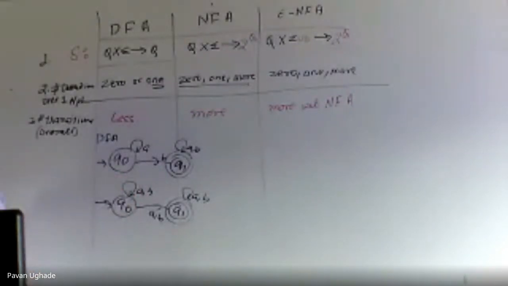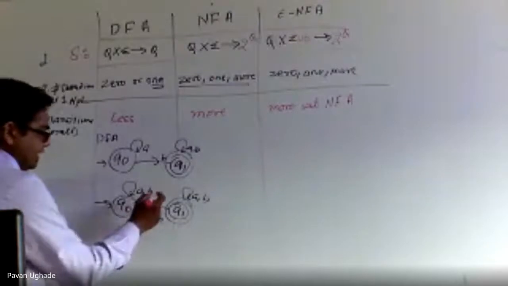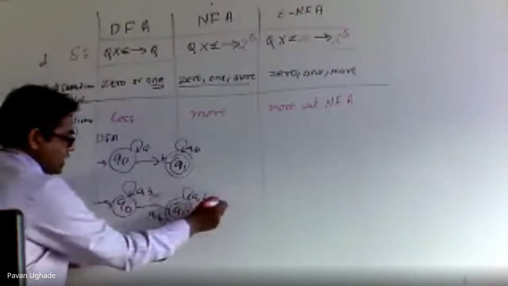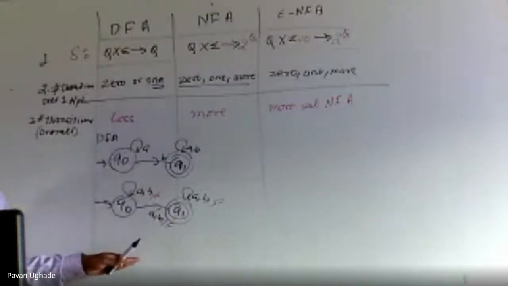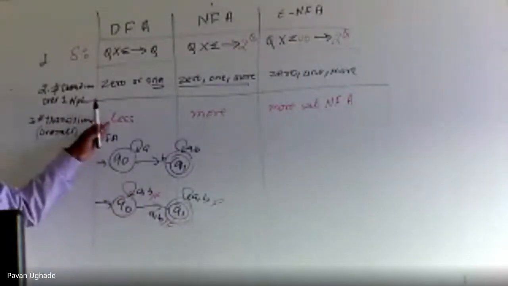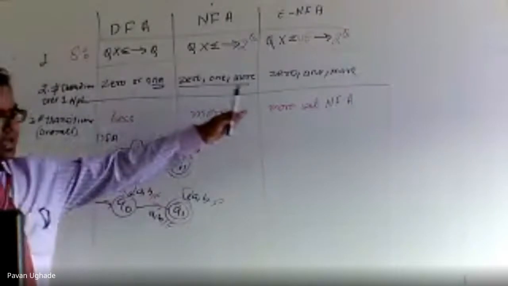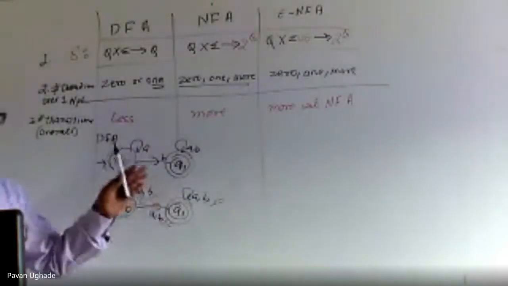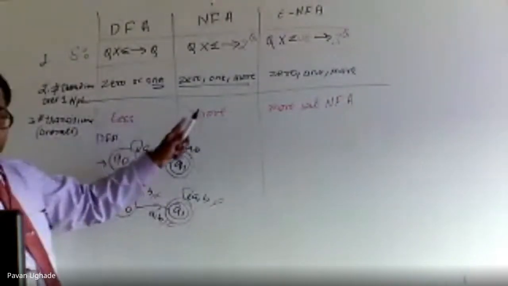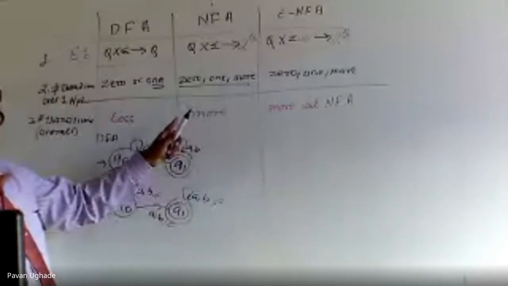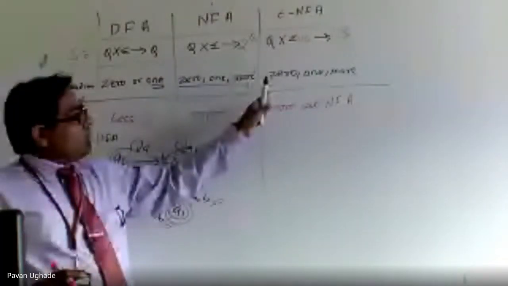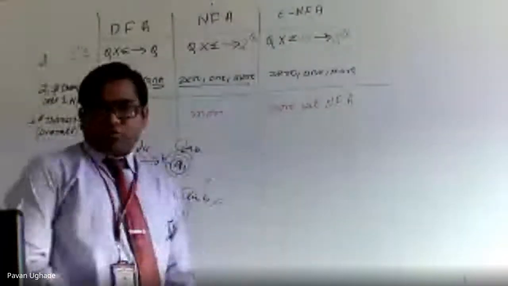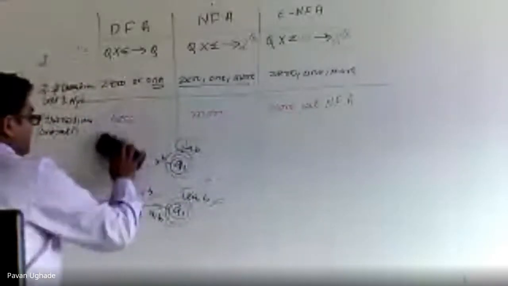If I convert it into an epsilon NFA, and add epsilon over here, I can get 3 more transitions. So the total number of transitions in the epsilon NFA will be 9. So it will be 4, 6 and 9 in the example we are discussing. So fewer transitions are possible in a DFA, and compared to NFA, the epsilon NFA has definitely more transitions.